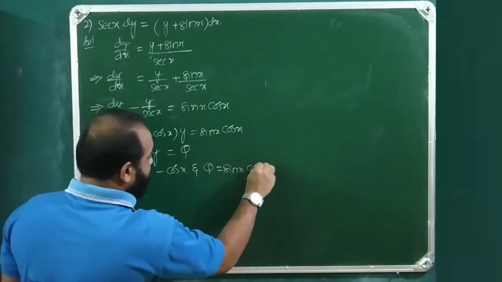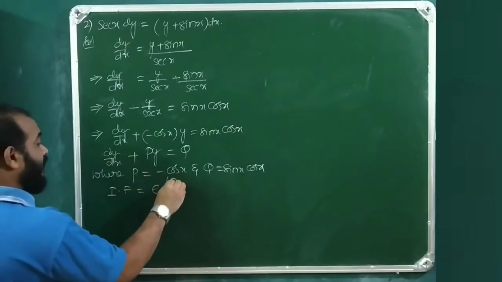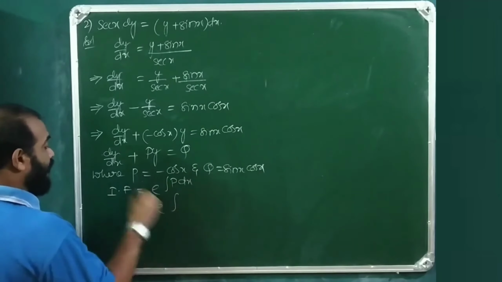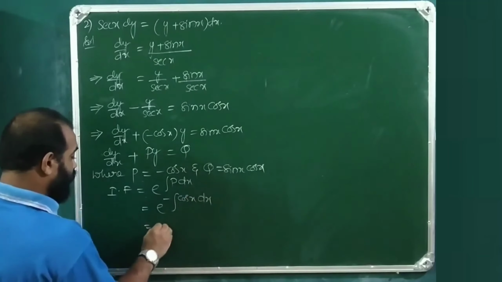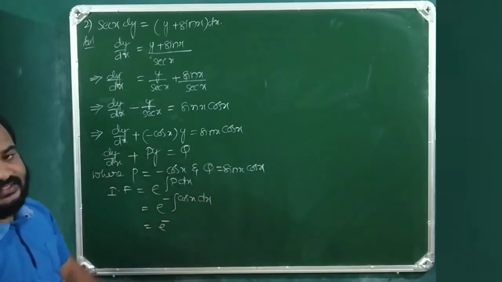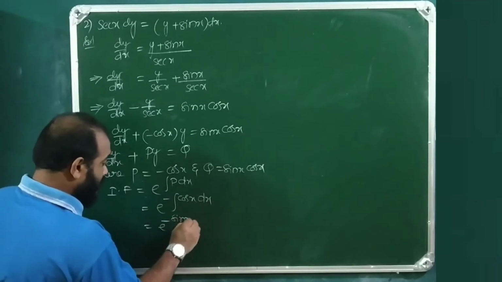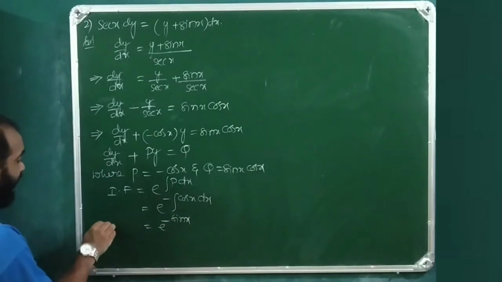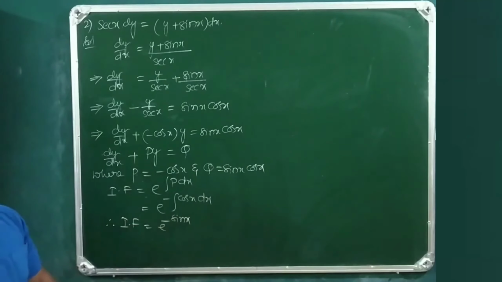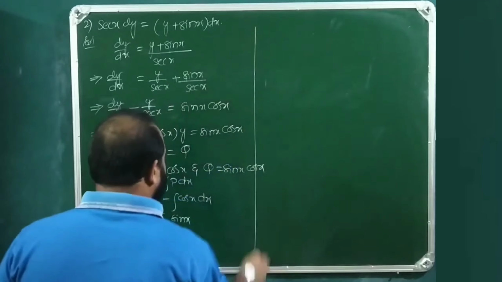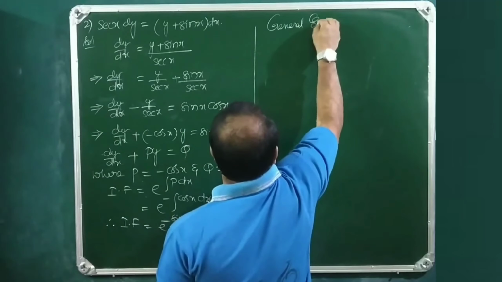So the integrating factor is e power integral p dx, that is e power integral of minus cos x dx. So e power minus integral cos x, which is sin x. Therefore the integrating factor is e power minus sin x. Now the general solution is